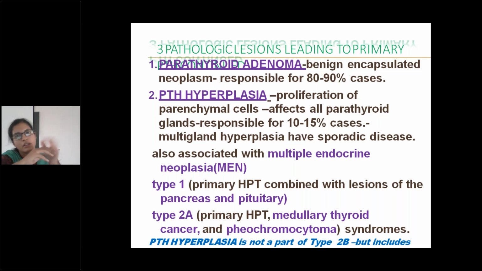So here in hyperplasia, the 4 glands are involved. It causes hyperparathyroidism, so we are removing 3.5 glands, and half of a gland is kept for easy identification. If it undergoes hyperplasia or malignancy, for easy identification we place it in the brachioradialis or sternocleidomastoid. Brachioradialis is easy, in the forearm. So we implant here and keep a non-absorbable suture material or clip, so post-operatively we can identify if this tissue has undergone hyperplasia or not.